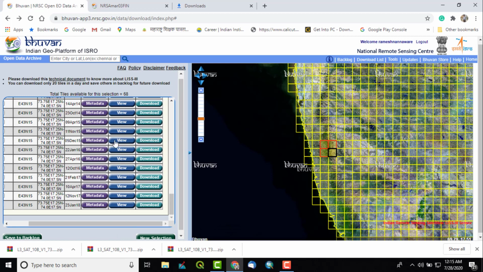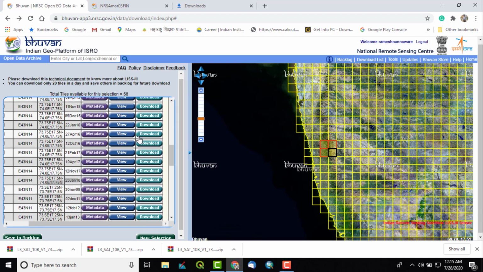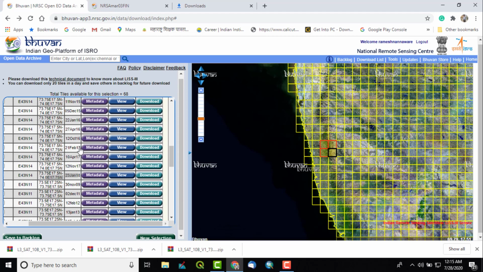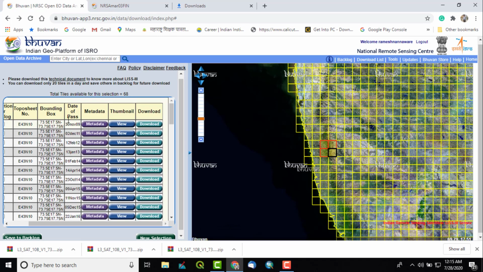So then, suppose I want to download all the periods' satellite images, but see there are some limitations. You can download only 20 tiles in a day, and the rest of the images we can save in the backlog.